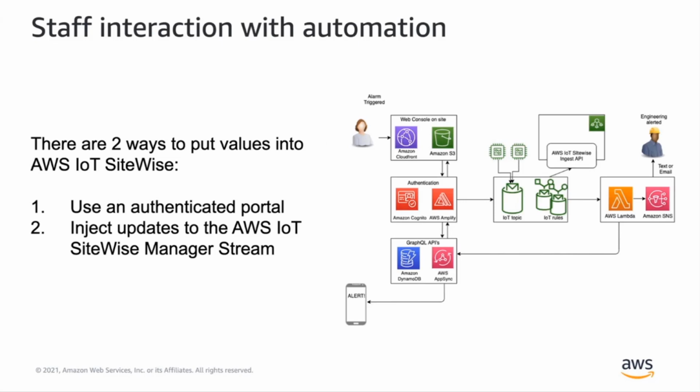With Virtual Andon, this is a service that we, well, it's not a service, it's a set of products in AWS that we put together to try and get this to work. Now, there are two ways to put values into SiteWise. So if you look here, you see an alarm is triggered. What we've got here is a simple